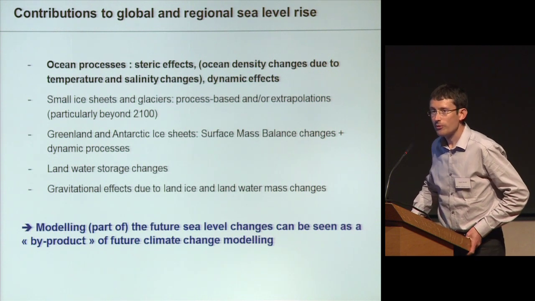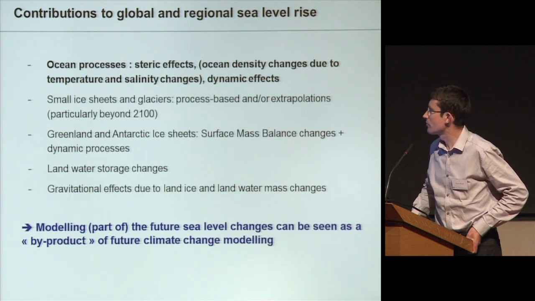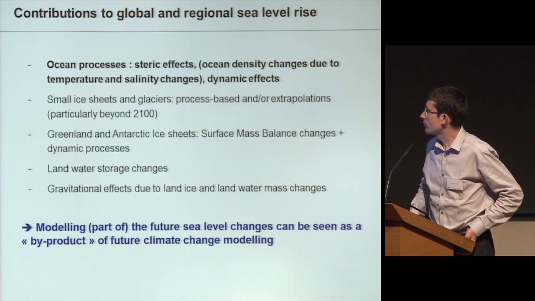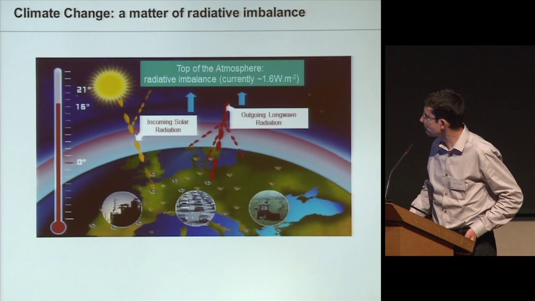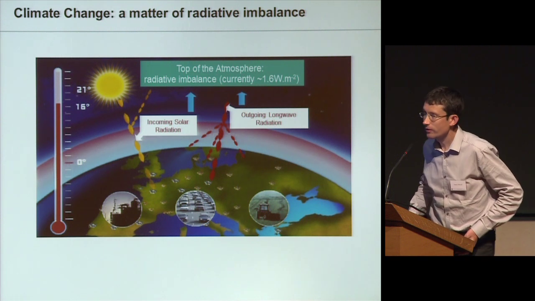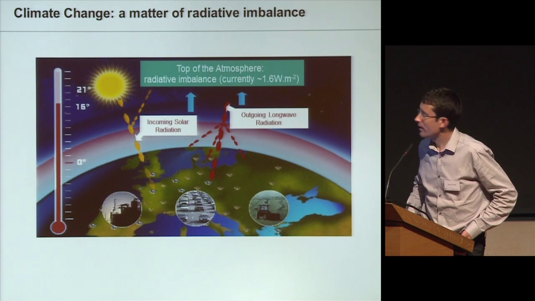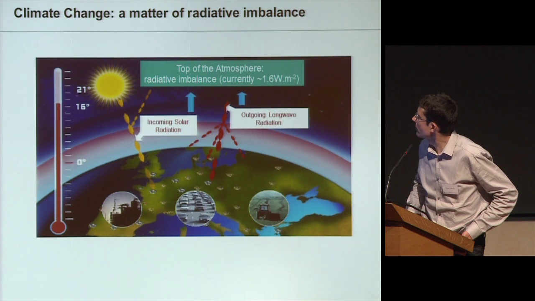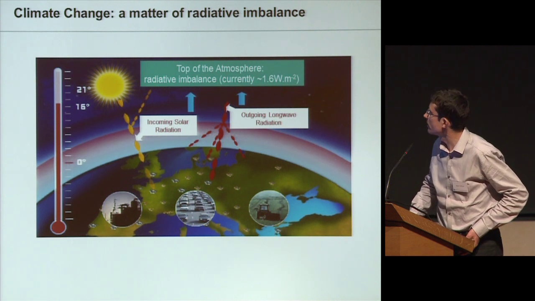So as a global climate modeler, actually I drive global coupled models, climate models. I see to some extent the future sea level rise changes as a byproduct of future climate change modeling. I will explain why it is so. So to try and explain how we model future sea level rise, I thought it was quite useful to remind the rationale behind climate modeling and how we actually integrate radiative imbalance